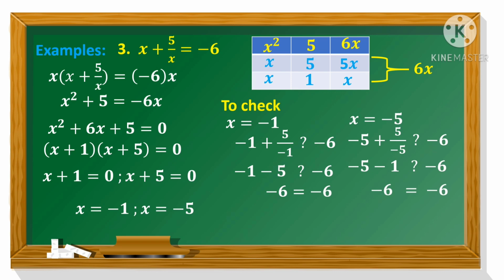Negative 5 is another solution of the given equation. So therefore, the solution set of the given equation is negative 5 and negative 1. Okay? So as simple as that. So let us have